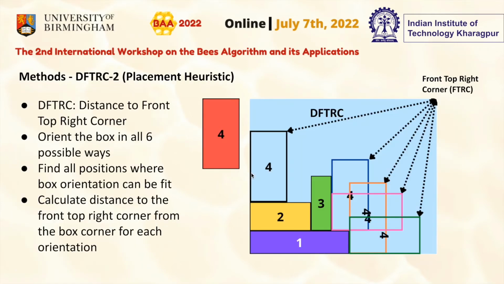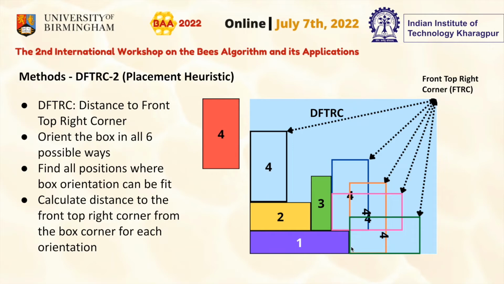How does this play into the DFT-RC2 placement heuristic? What we do in DFT-RC2 is assume that this light blue area here is an empty maximal space and that boxes 1, 2 and 3 have already been packed. We now want to pack box 4 into this empty maximal space. What we do is pack box 4 in all 6 orientations that are possible in 3D space. We pack this box into all the